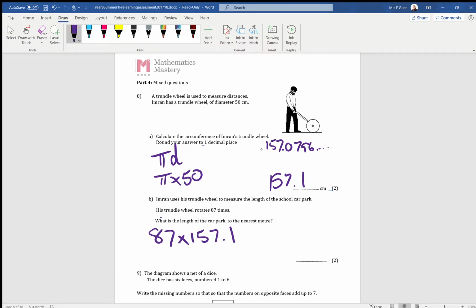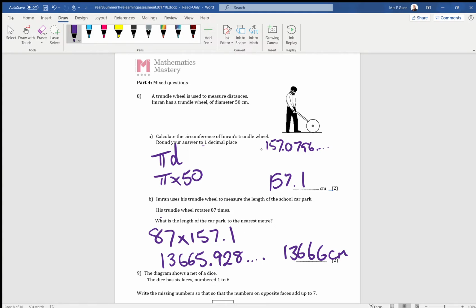It's completely up to you. And if I do that, I get 13665.928 and so on. So to the nearest metre, that 9 is going to turn that 5 into a 6, so 13666 centimetres long,